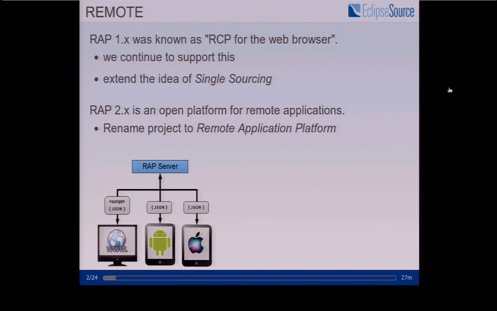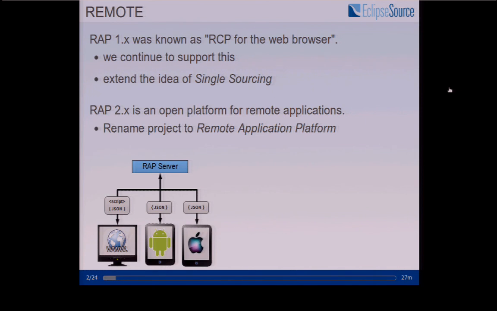For instance, a native mobile platform running on an Android client, or a native platform on an iOS client, but you can think about a cache terminal as well, or an ATM system. All those dedicated clients could use this remote protocol and can communicate with a standardized JSON protocol with a RAP backend server. This was our main idea behind 2.x, and then after a couple of years we found out that